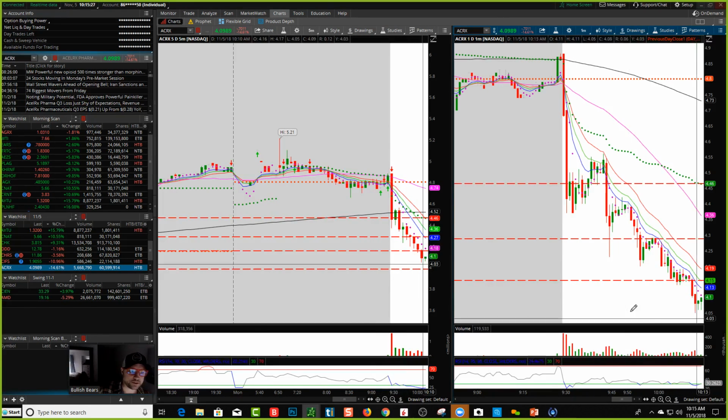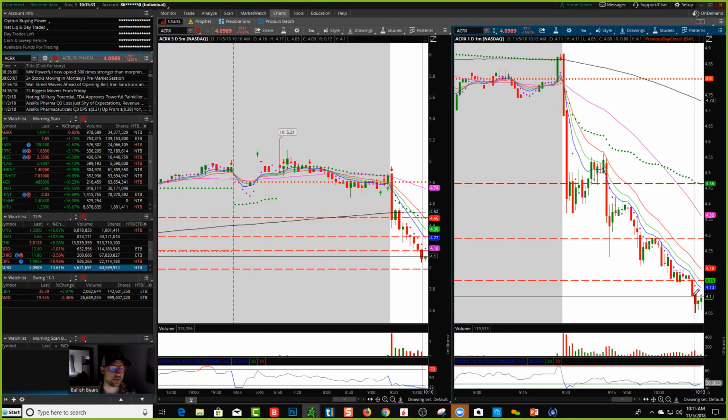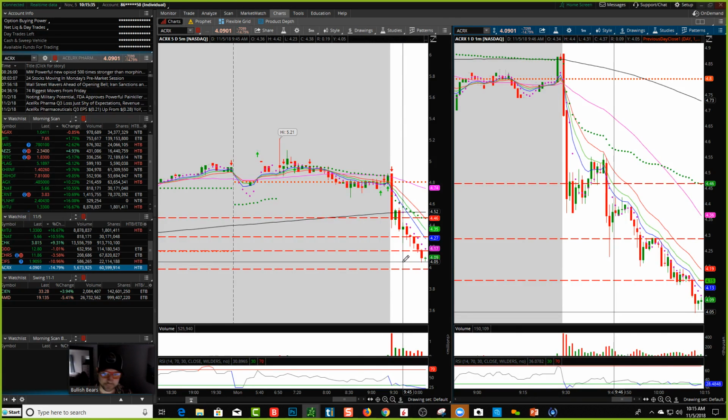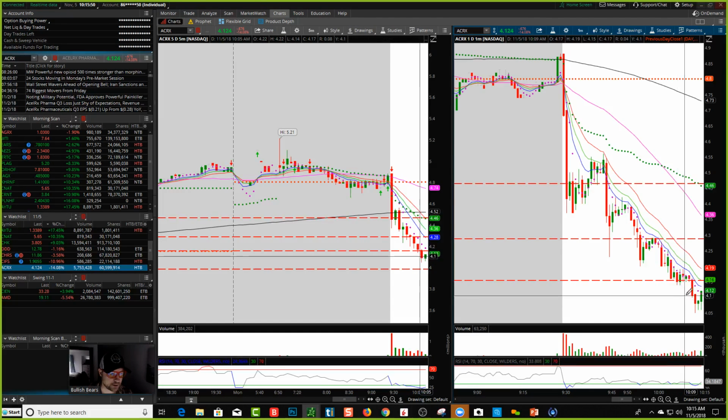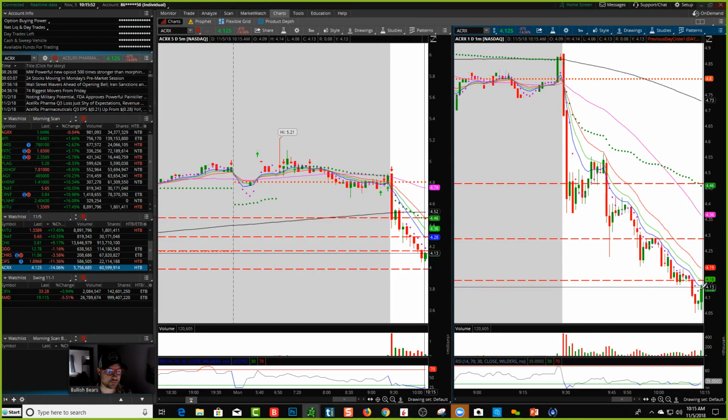Not loving it at the moment. The 5-minute looks more intriguing, but then you can see how close it's getting to the moving average lines on the 1. Well, that one got a little bit of a bounce, 405, now up to 412, right up to these moving